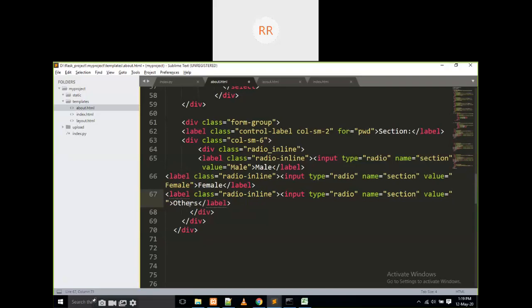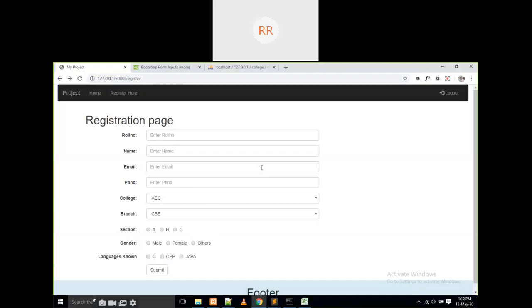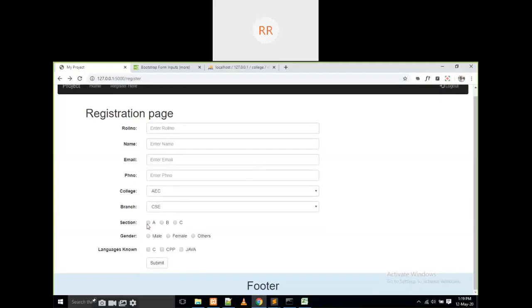The section is capital C, and the display text is also C. Here it is going to be the B section, and the display text is B. And here, instead of male, it is going to be the A section, and the display text is A. If you refresh it, you can see A, B, C.